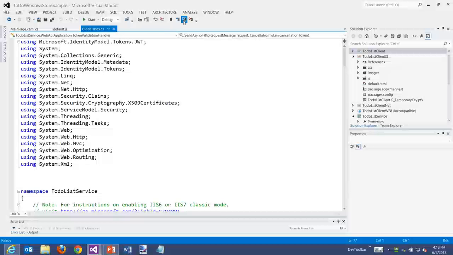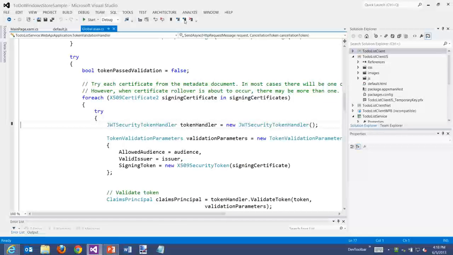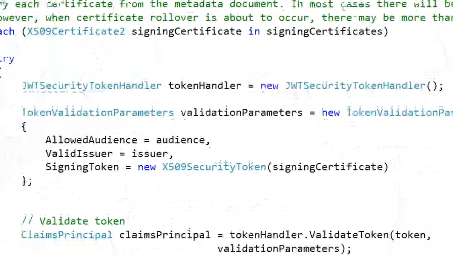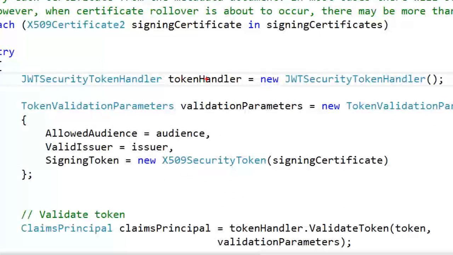Here I am looking at the global ASAX of my web API. And all I need is pretty much these few lines. I need to create a new instance of my handler. I need to pass to it the parameters which define a good token. It has to come from this issuer, which is Trey Research in this case. It has to be scoped to this address, which is my URI, which represents my resource in the system. And it has to be signed with this token, which, by the way,